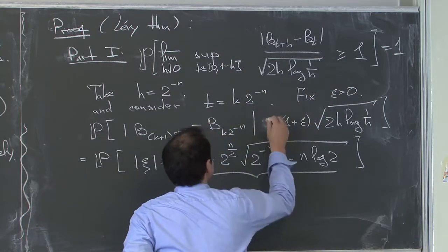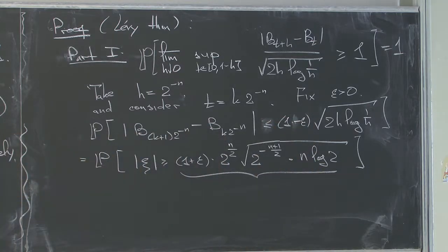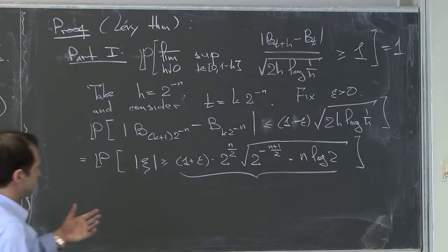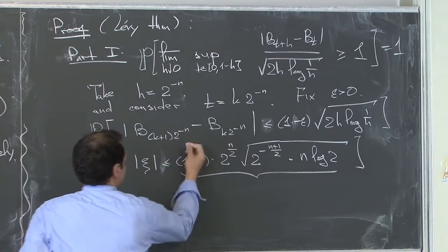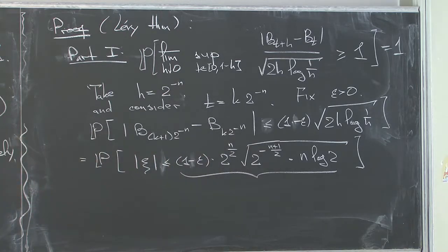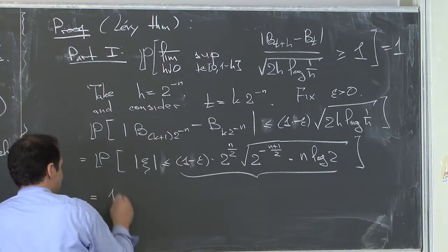Because of that, what I'm going to estimate is the probability that this is less than 1 minus epsilon. Then this is the probability that the standard random variable is less than epsilon. Okay, good. Now it's better. So what is this? This is 1